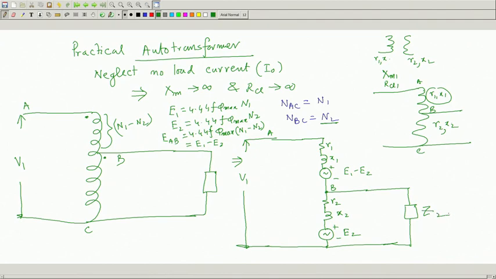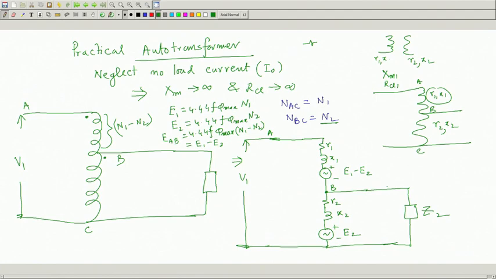So, immediately we see that it is not as simple as that of a 2 winding transformer, where the equivalent circuit was R 1 X 1 and so on, E 1 E 2. Here this is what it should look like, and there will be a distinction between V 1 and... if you start from this to this, in so far as induced voltage is concerned, it is fine, E 2 will cancel and E 1 induced voltage. But there is a mix up now.